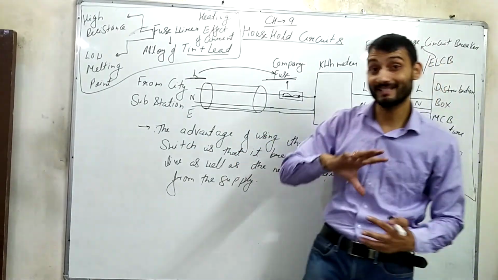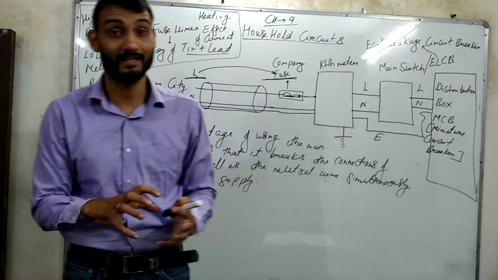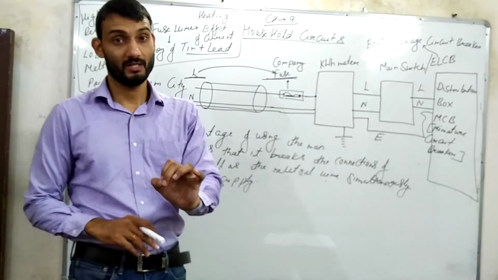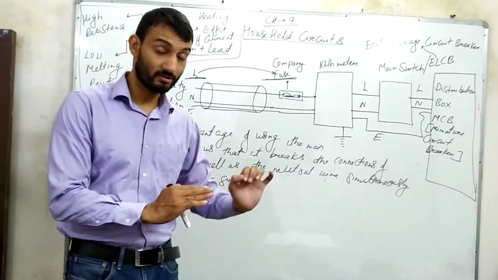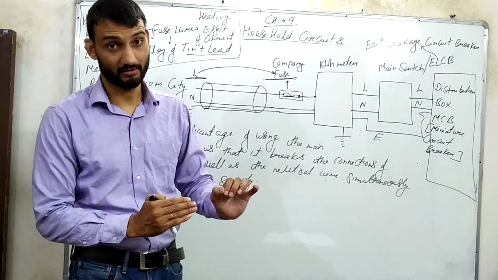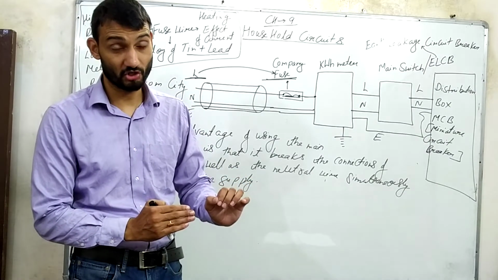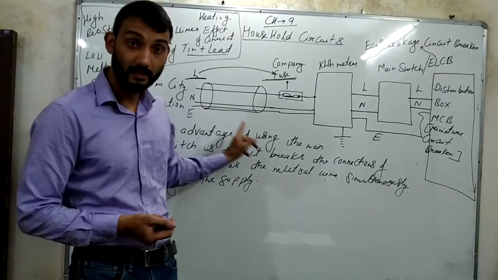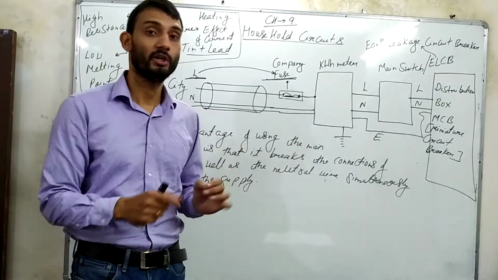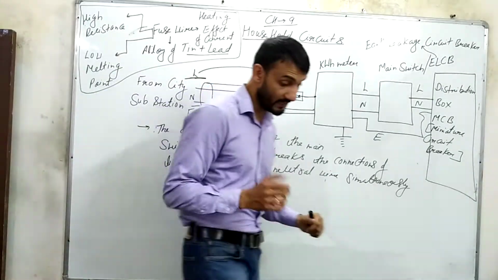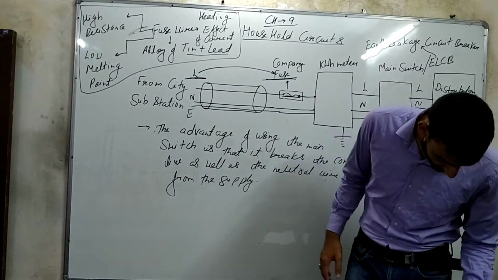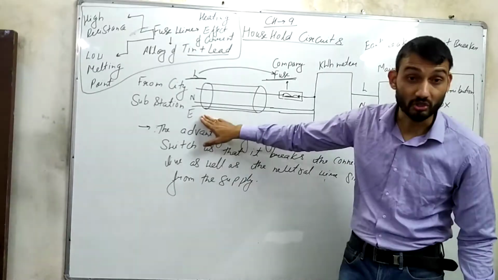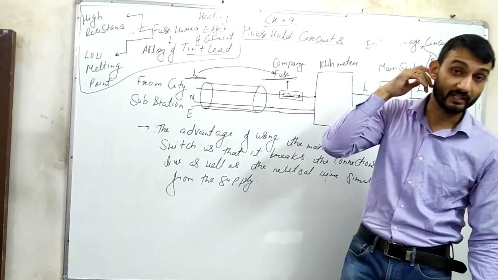So whenever you have excessive current passing through any device or any circuit, this earth wire ensures that the excessive potential or excessive current does not damage the device or does not affect the person, or the person does not get any kind of electric shock when he is working on that particular appliance. So this wire ensures that the excessive current passes through to the earth. Alright. So earth I have told you already. Okay, so need of earthing: excessive current comes, this earthing ensures that excessive current goes to the ground.